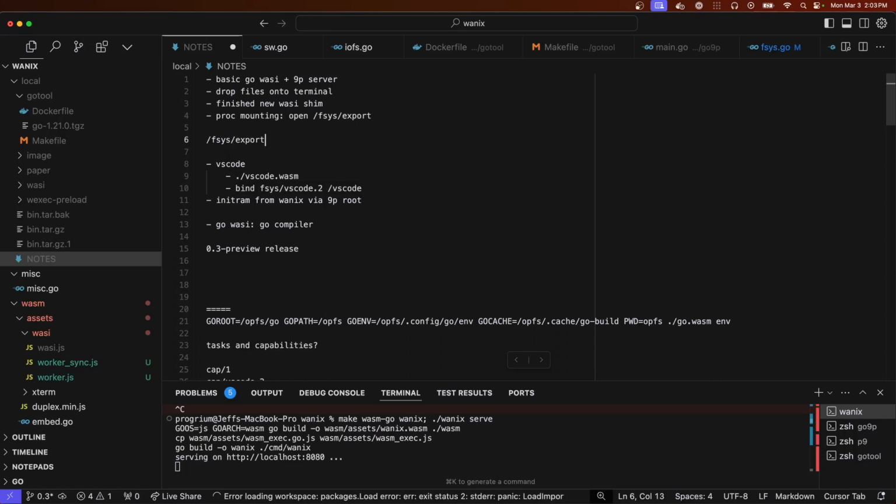And from inside a process, if you open a file export and then assume that file is a client connection to a 9P service, Wanix will then take the other side of the pipe that you just opened and post it as a file under here, I think as maybe your program name and your PID or something like that. So it kind of works like SRV.